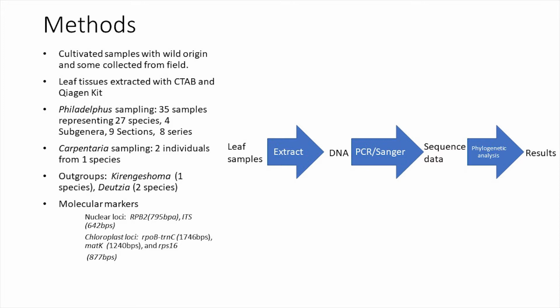So we have to do something called PCR, where we're photocopying the DNA in many copies so we can actually work with it. And this method that we were using to actually understand what's inside the DNA is called Sanger sequencing, which is one of the earliest forms of getting DNA evidence to analyze. So sequence data here would consist of about 1,000 different base pairs. And we can use a matrix of those thousands of base pairs to compare how similar or dissimilar any given species is from the next.